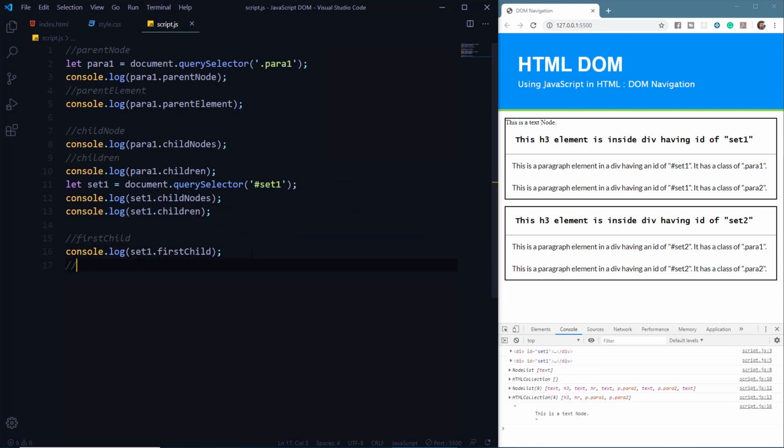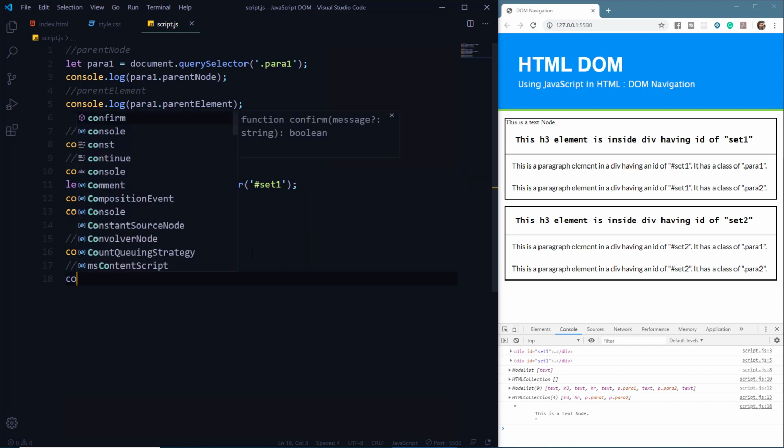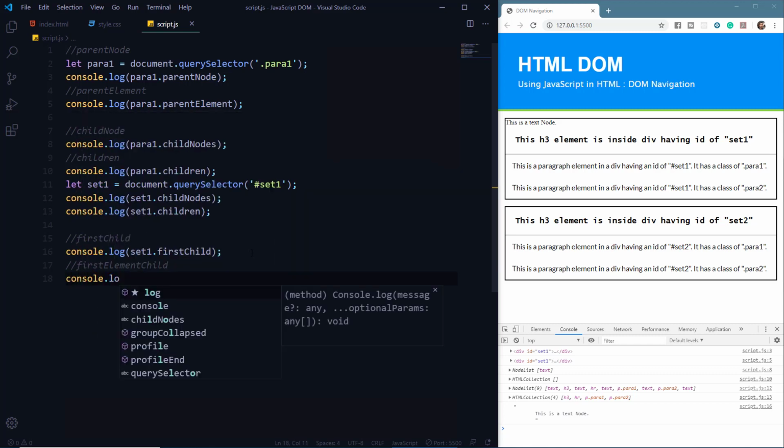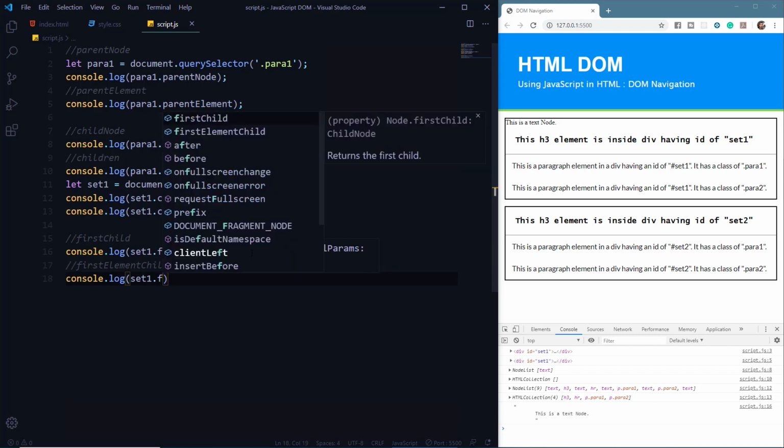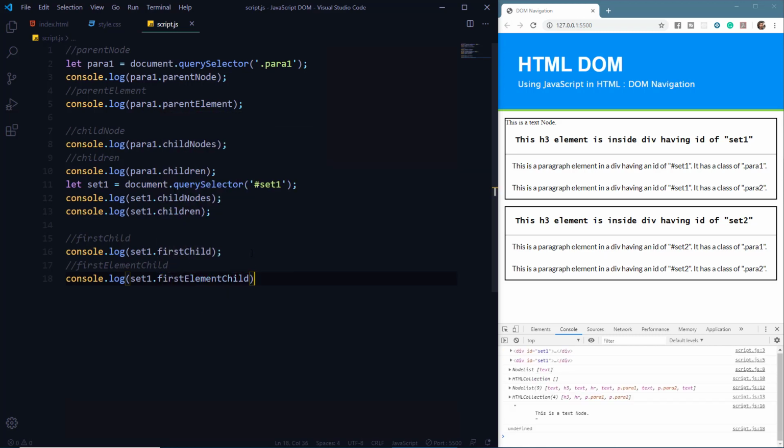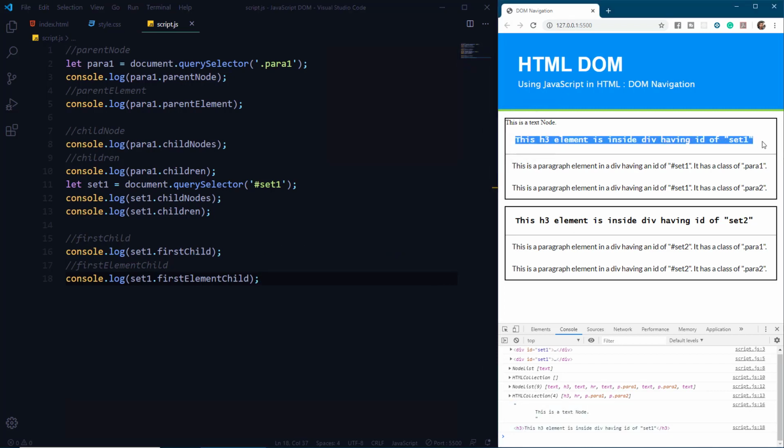Now also we can do firstElementChild. Let's log this onto the console. And here you can see we have got the h3 element because this is the first child element of the div having an ID of set1.